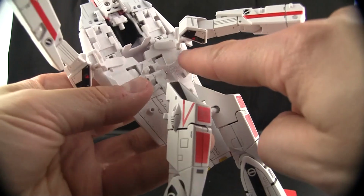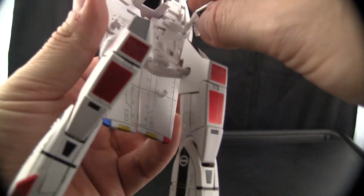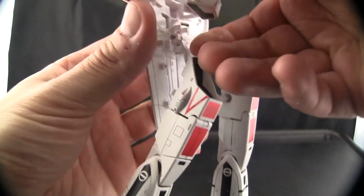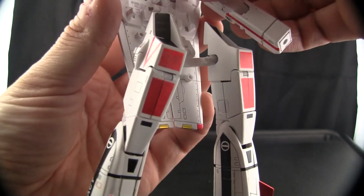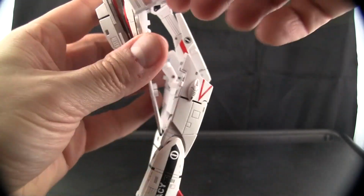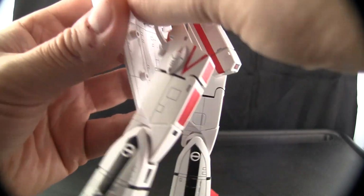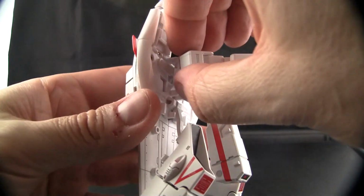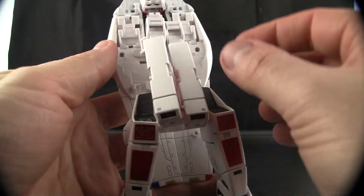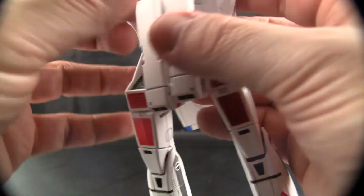And then if you notice, this has the same kind of shoulders as a Yamato, right? But they were smart enough to use a softer white plastic instead of the brittle shoulders that the Yamatos were notorious for. And again, I'm not using instructions. I might make a mistake here and there, but that's the fun of these. Sorry about that, guys. But I swiveled these white things in there,